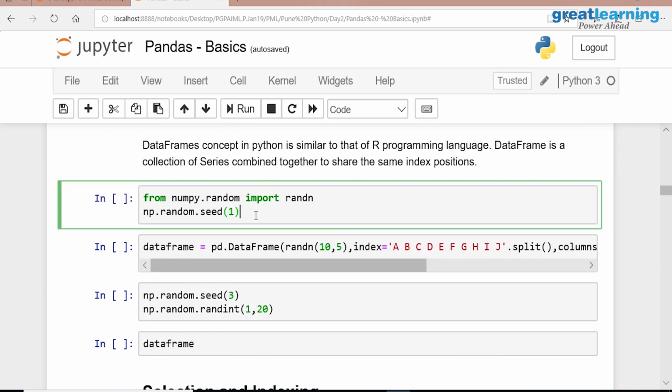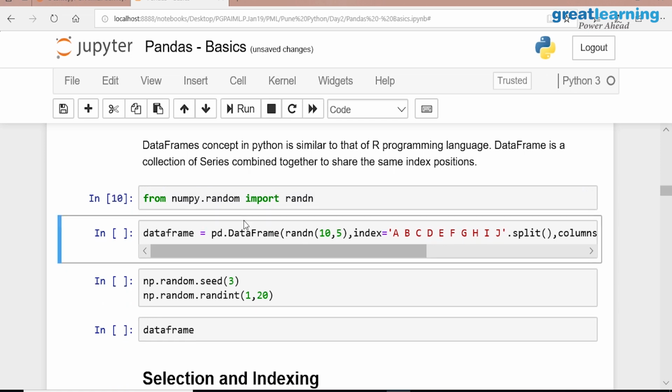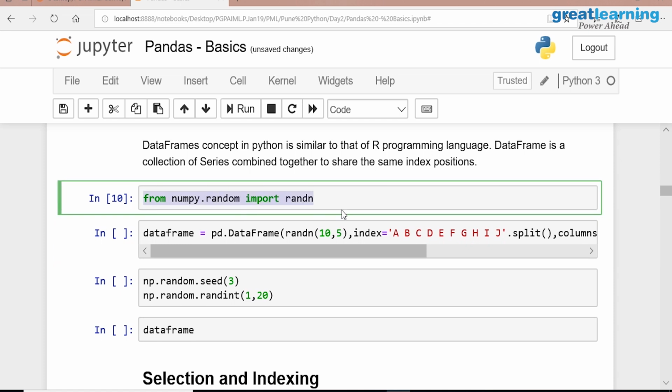Okay. Let's get into this. So this is another way of importing packages. Now, if you have a particular class in a package and you want to import only that particular thing, you don't want to import the entire package. What will happen if you import the entire package?